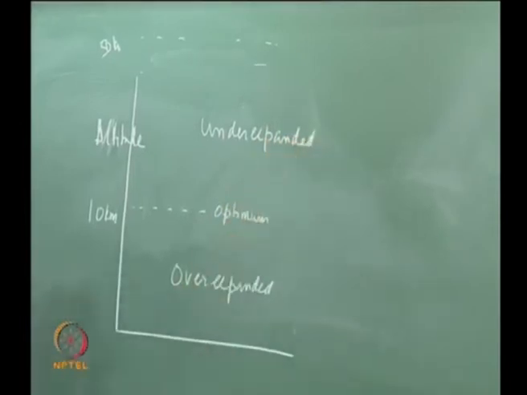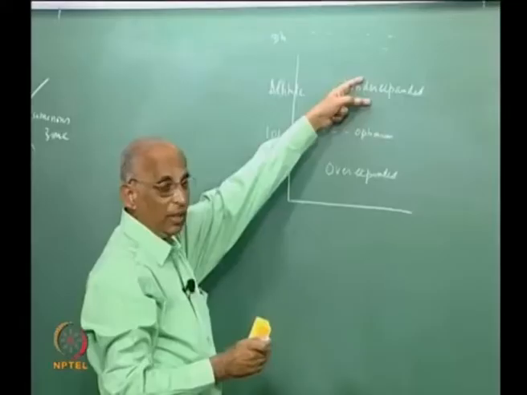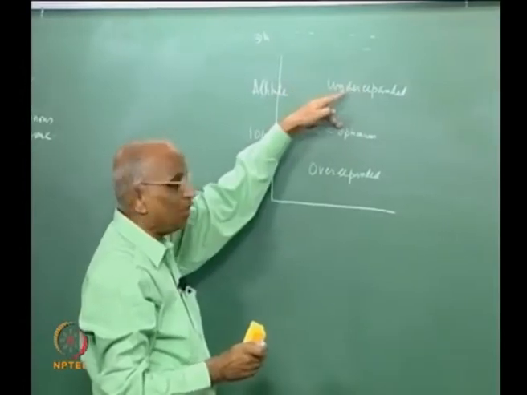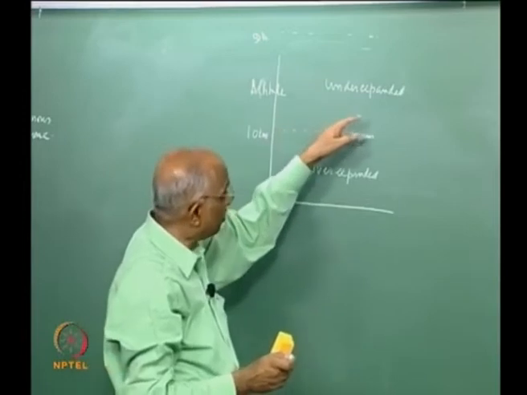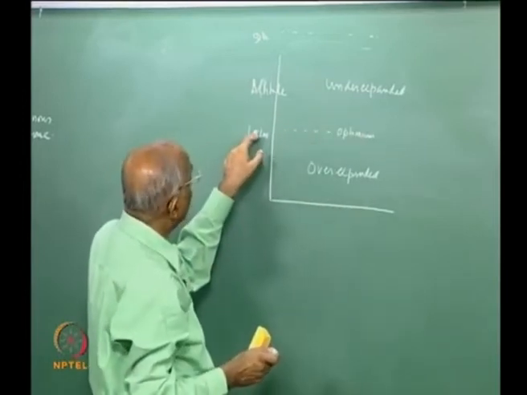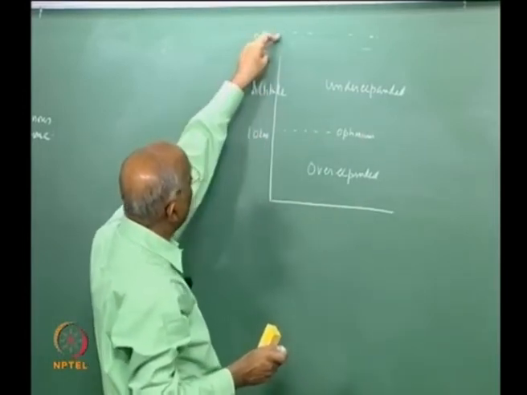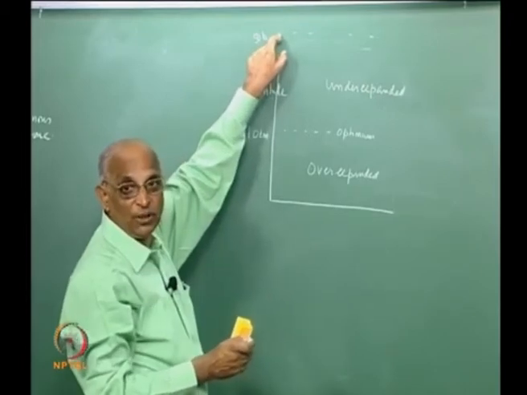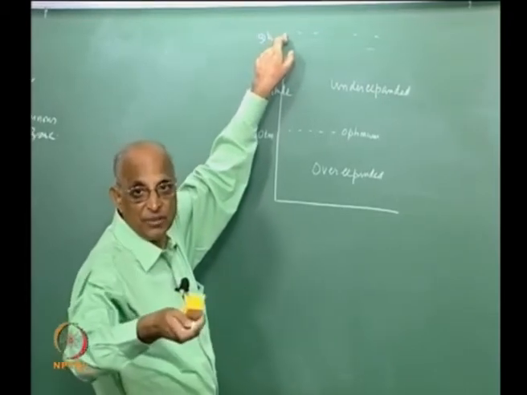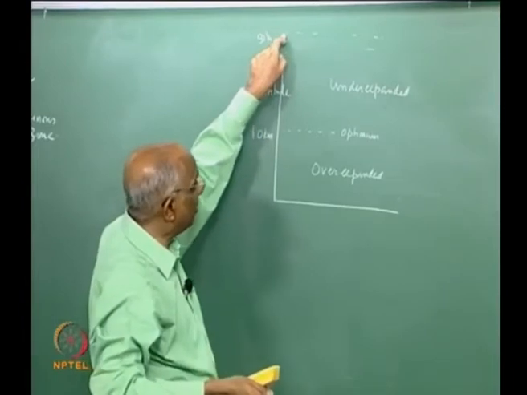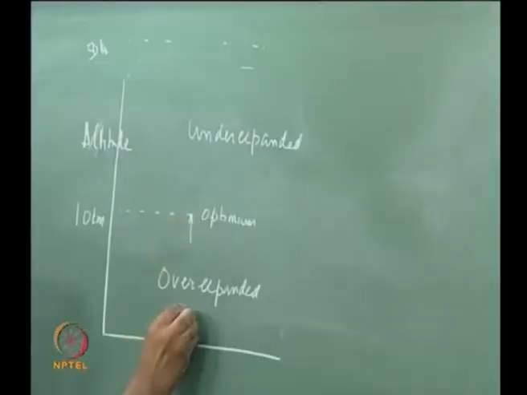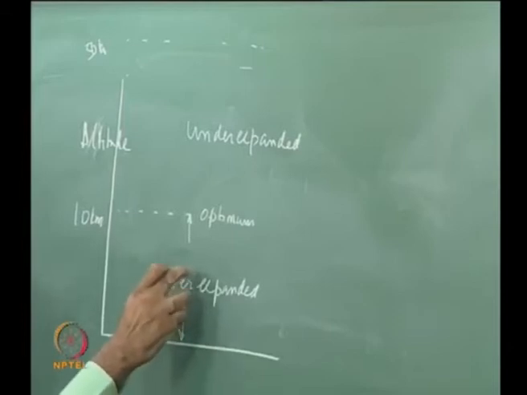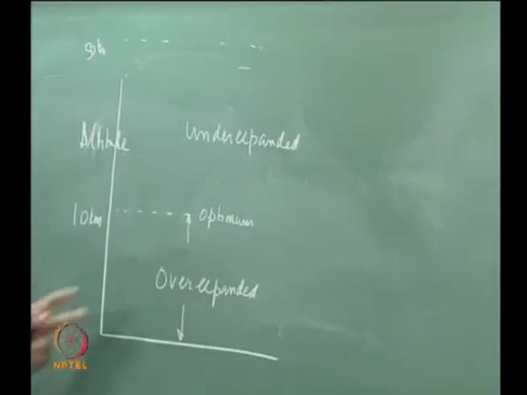By having the rocket perform in an under expanded mode, I am not getting the high value of jet velocity which I could have got. Instead of choosing a value of epsilon which gives me 10 kilometer, had I chosen a value of epsilon corresponding to 50 kilometers, I would have got a much higher Vj. Therefore, I am not getting that high Vj, but then I cannot also afford to over expand my nozzle and get into some side thrust problems, and